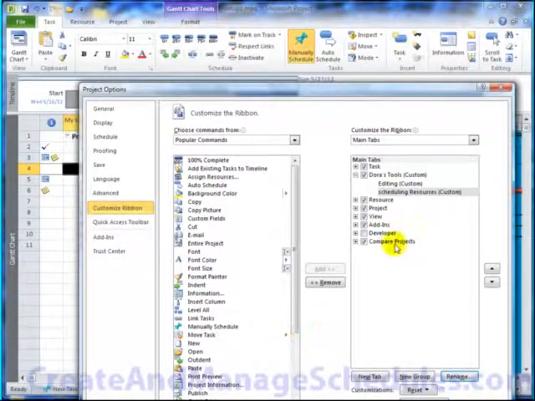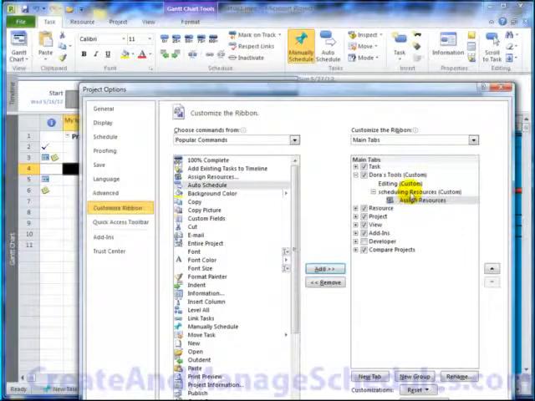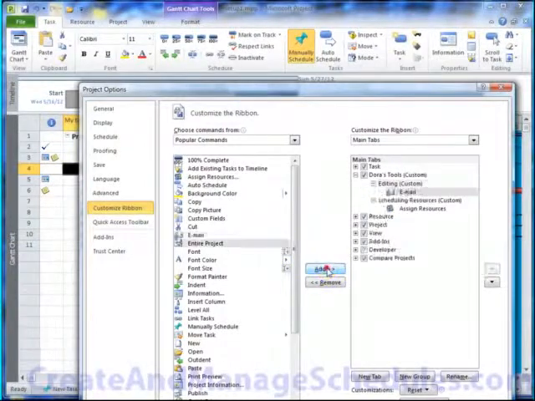And now that I have those, let's say I want to assign a command to specific ones. Let's say this assign resource 1. I'm going to add it. Because I had scheduling resources selected, it put it under scheduling resources. If I go to this one, editing, that I created, and select email and add that, it will put it under editing. So basically I'm building my own tab. I've created groups and specific functions within those groups. So from here, once that's created, I can just click on OK,